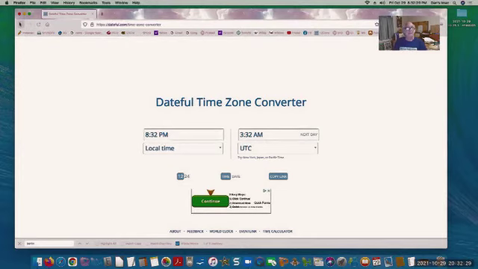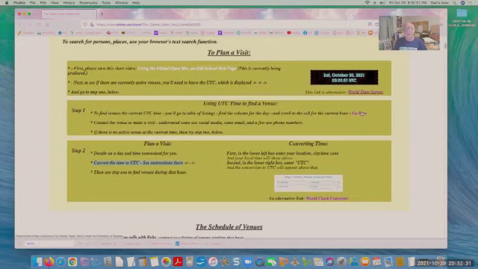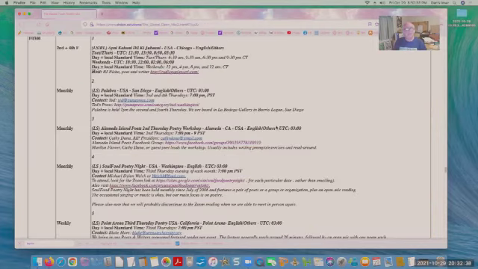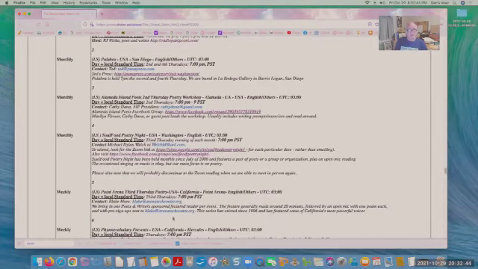So I go back to the listing of venues, and Friday at 3 a.m. here is another set of events and venues. You can see this one uses email.